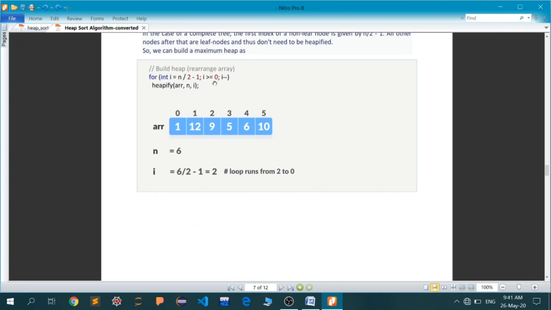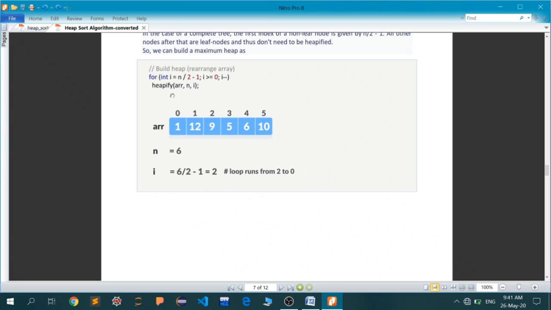We'll go to each and every node and try to apply the heapify function. If that particular tree has already been heapified, then it will return, and if not, then it will convert that subtree into a max heap. We'll keep on decrementing the value of i, starting from the greatest-index non-leaf node and moving towards the root itself.